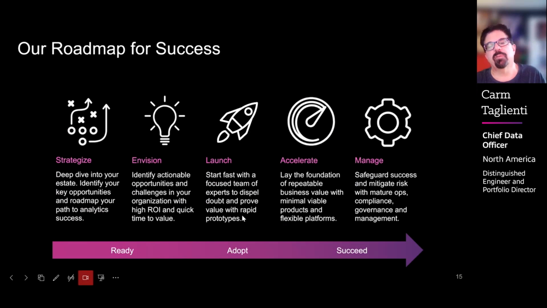This allows you to then spin up these accelerators quickly to see the actual proof of concept or viability easily and quickly, and start to factor in the return on investment. Then to accelerate is to move this more into the enterprise, or scale, as I like to call it. So you start to move toward this repeatable foundation that allows you to say, hey, we were able to realize the benefit we talked about. Now we can move forward.